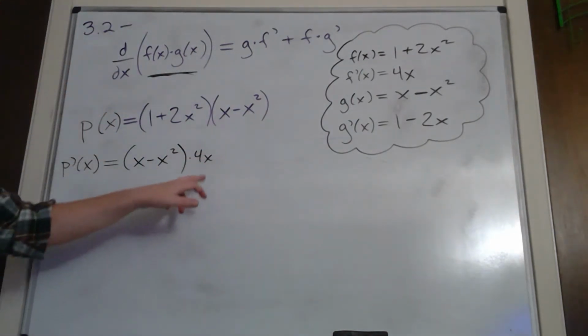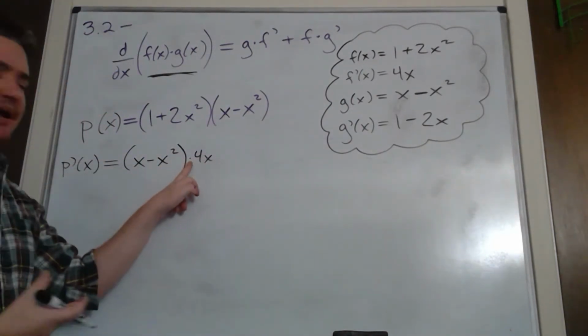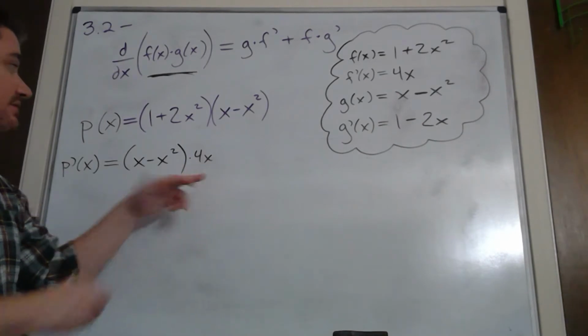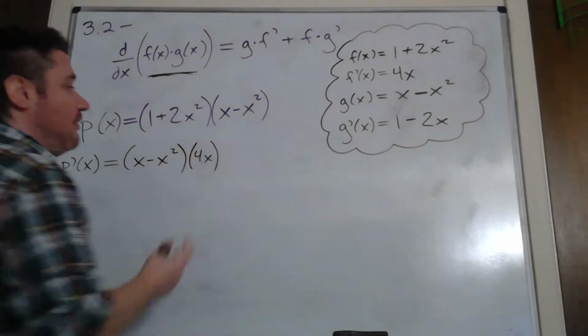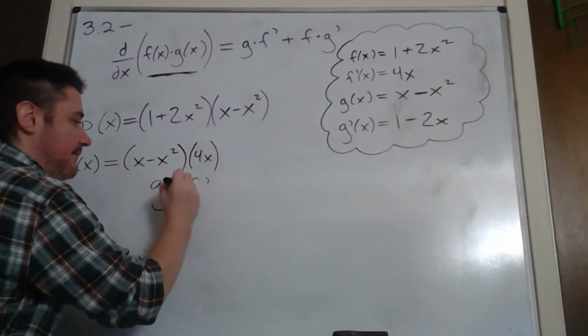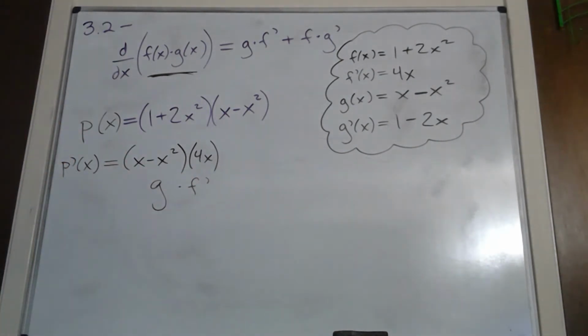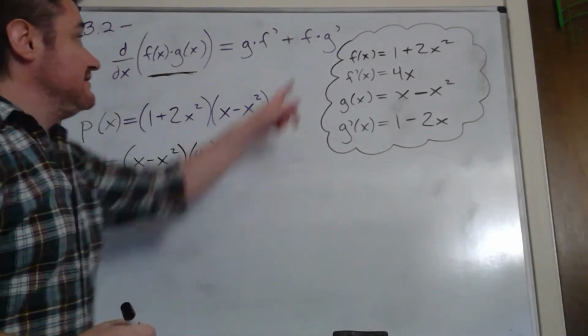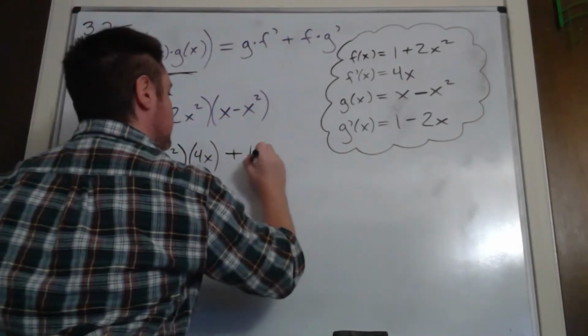Okay. Do I need that multiplication dot? No, I can just smush it next to it for multiplication. Do I need parentheses around this 4x? Also no, I don't, but let me put them there. So I've just got g and f prime being multiplied together, all right? Plus, and the other two pieces. So the original f, 1 plus 2x squared,